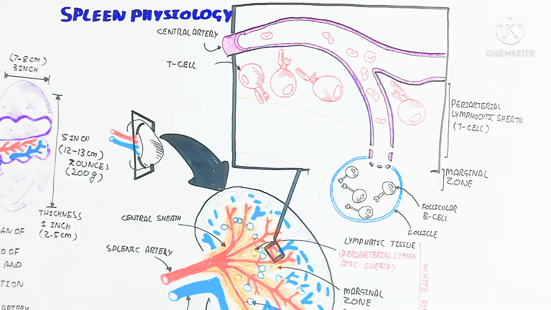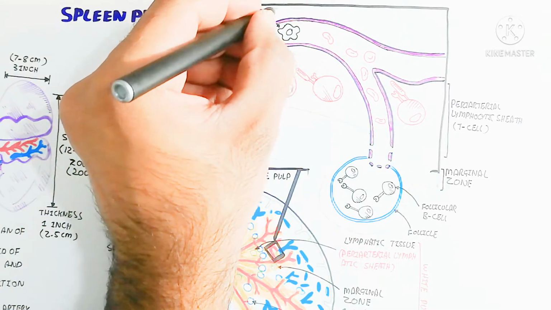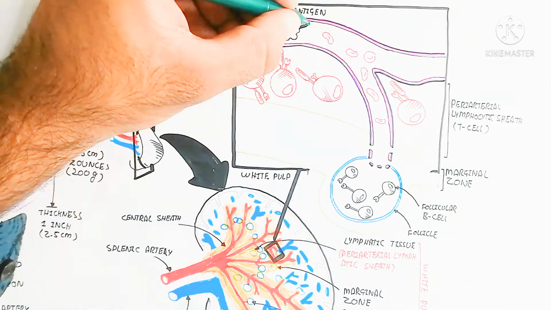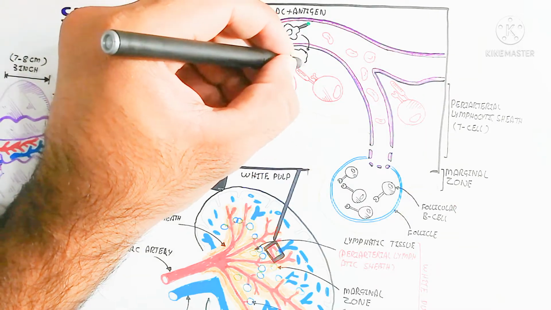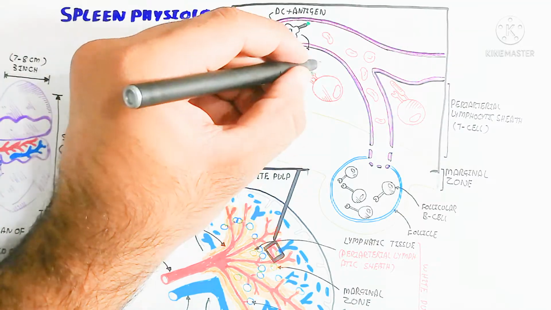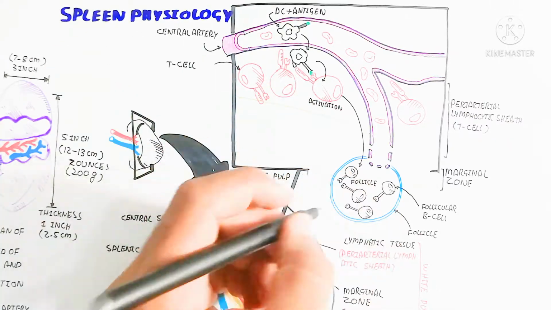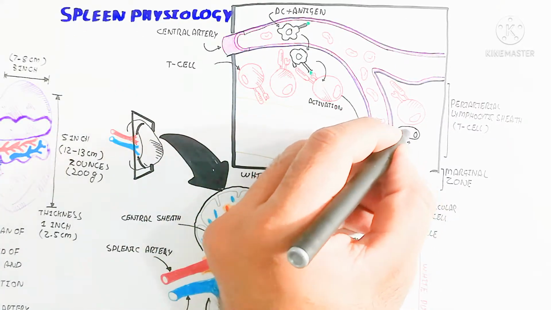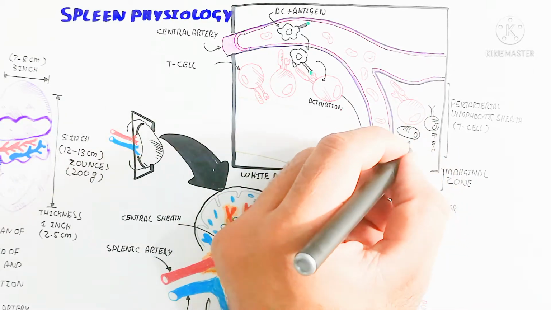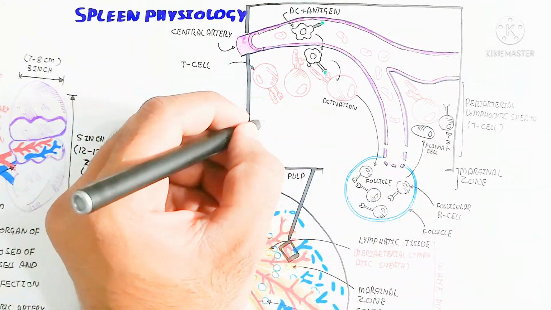The dendritic cell will recognize the antigen and get the antigen from any area of the blood circulatory system, and move into the peri-arterial lymphocyte sheath to interact with the T cell. After the T cell receptor is present, this recognition activates the T cell, and the T cell differentiates into the CD4 T cell and CD8, but the CD4 T cell is used for the activation of the follicular B cell.